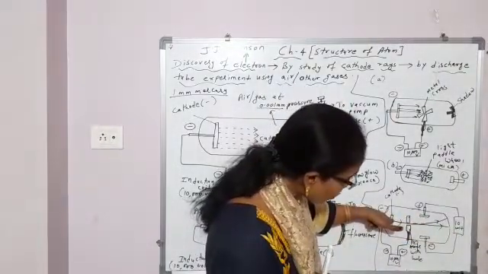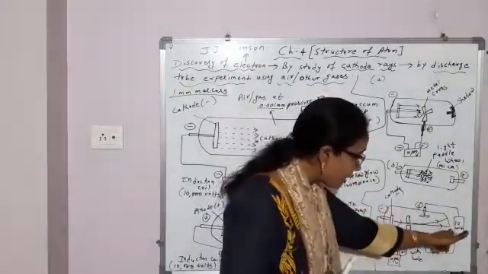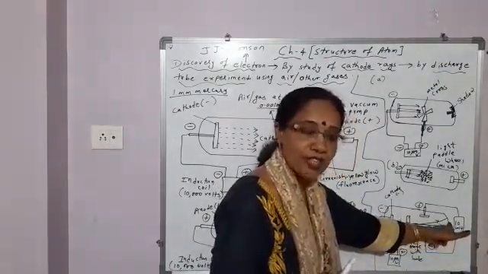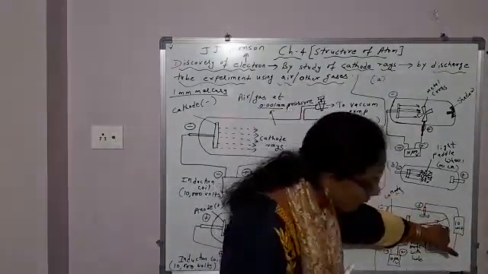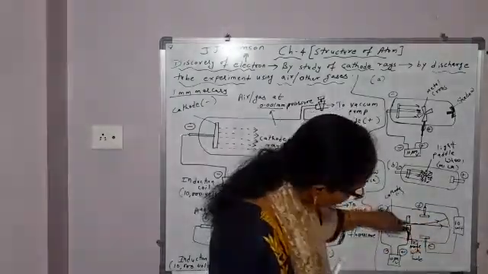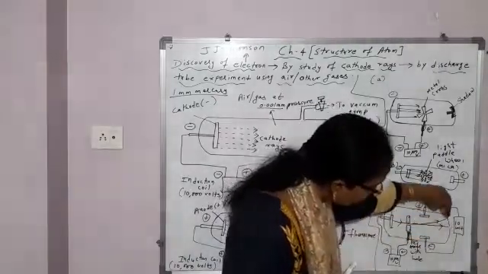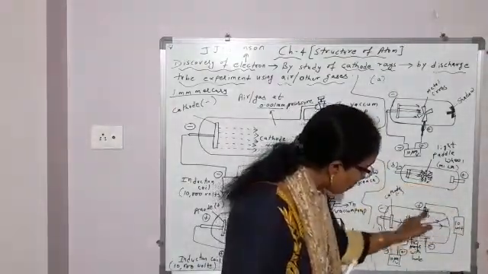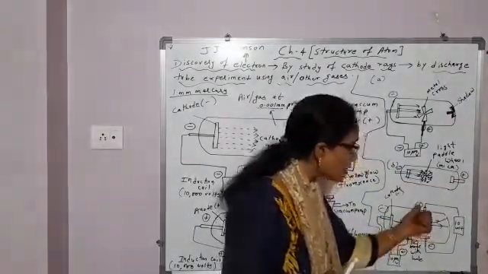So, the rays which travel from the cathode are called cathode rays, and when these rays strike the wall opposite to the cathode, they start fluorescing. They start glowing with greenish yellow light. So, in the absence of this electric field, the fluorescence was seen here. But when the electric field was applied, when cathode rays passed through this electric field, they deflected towards the positive plate and fluorescence was seen somewhere else. It means these cathode rays, when allowed to pass through the electric field, deflected towards the positive plate.